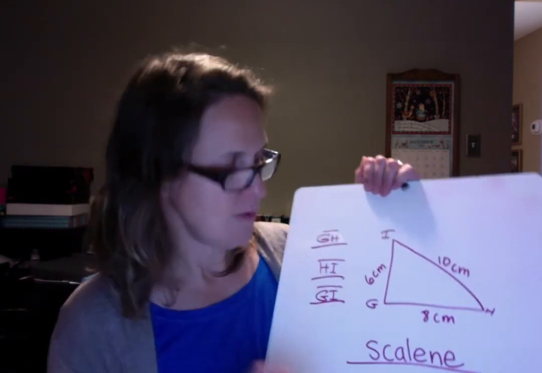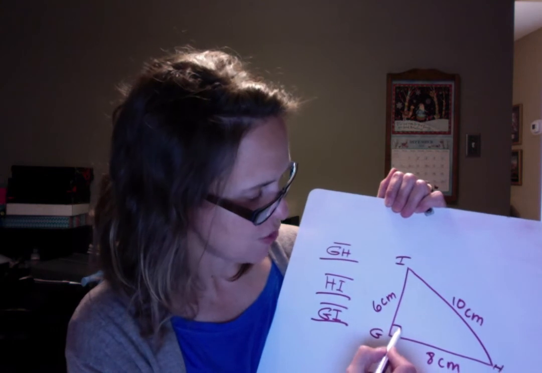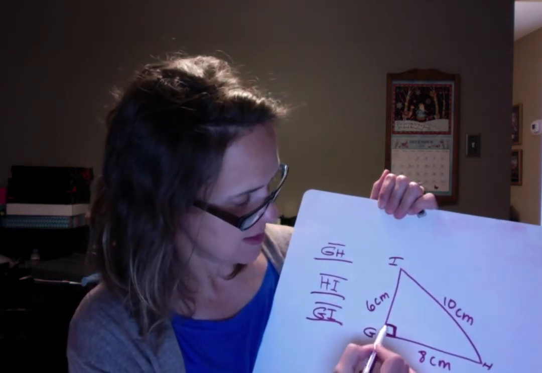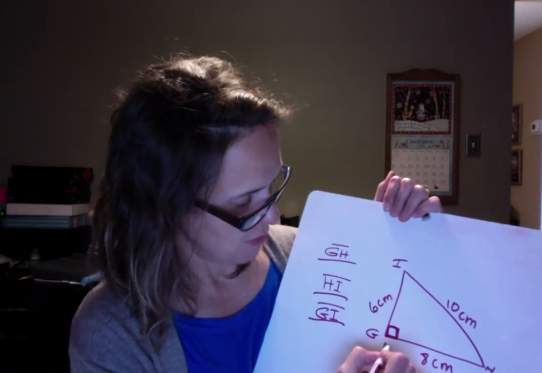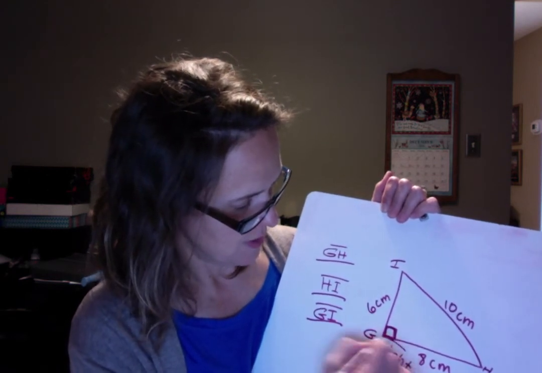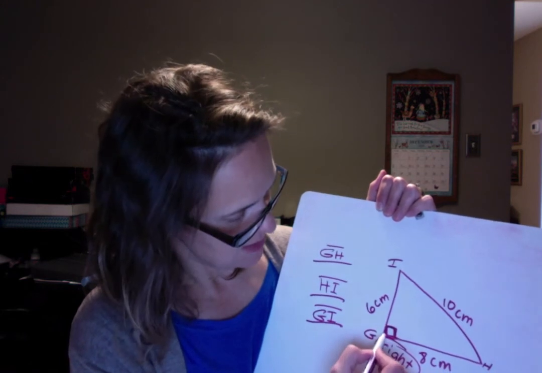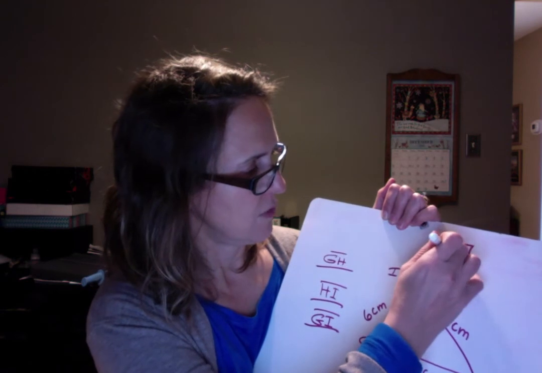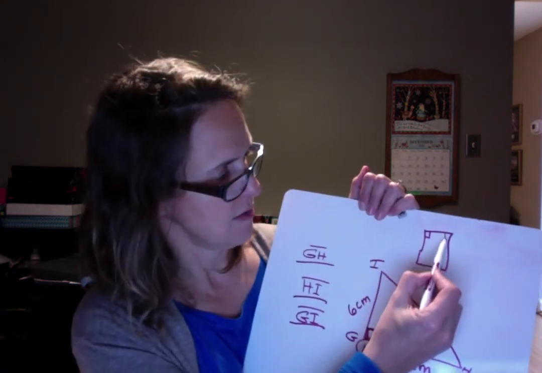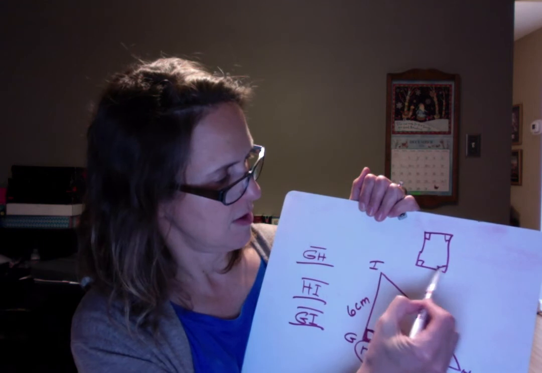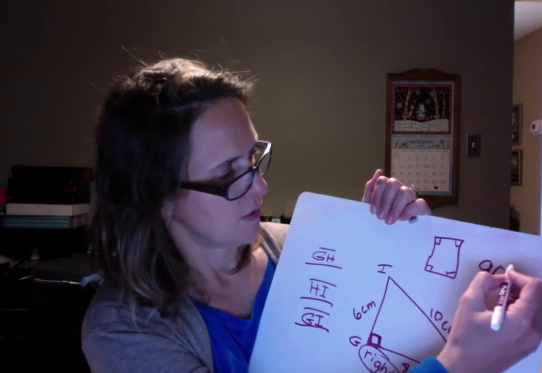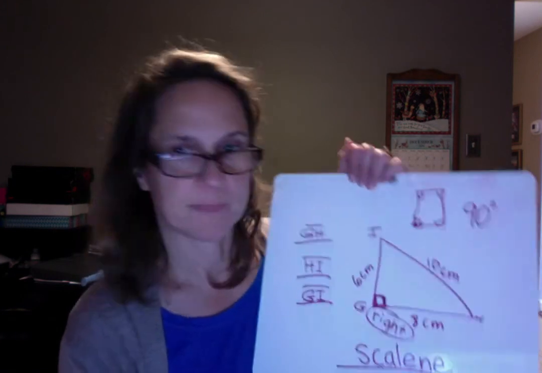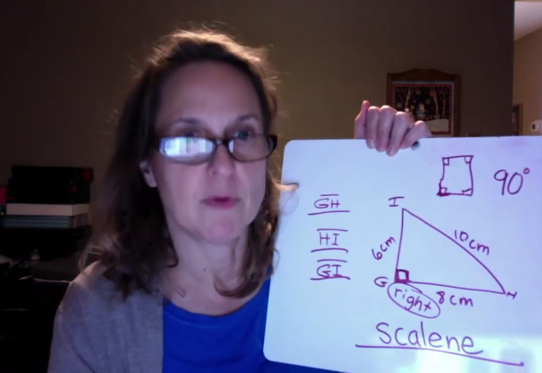And one more special kind of triangle, a right triangle. When you see a box in the corner of a triangle like this, that's called a right triangle. That means it's exactly 90 degrees. It's kind of like the corner of your paper, right? If you look up there, there's a right triangle there, there, and there. Right triangles are what we call 90 degrees, like a perfect corner, okay? So there's a little bonus there. Okay,